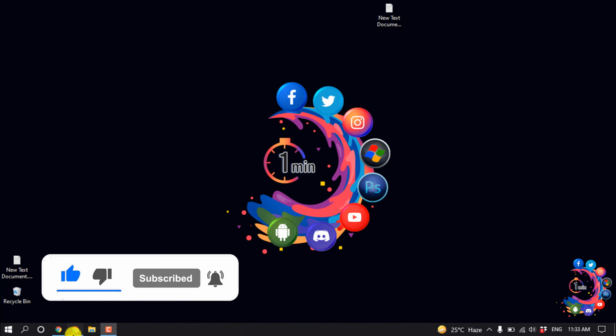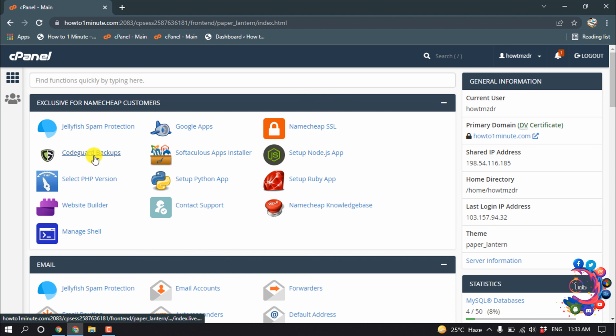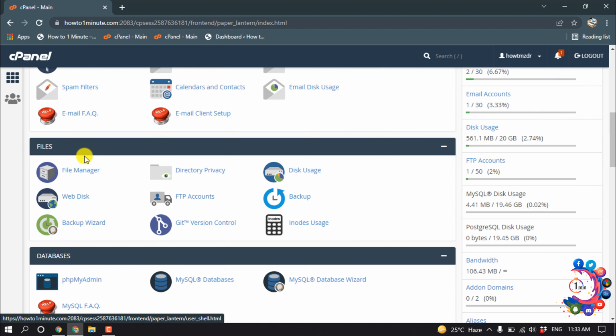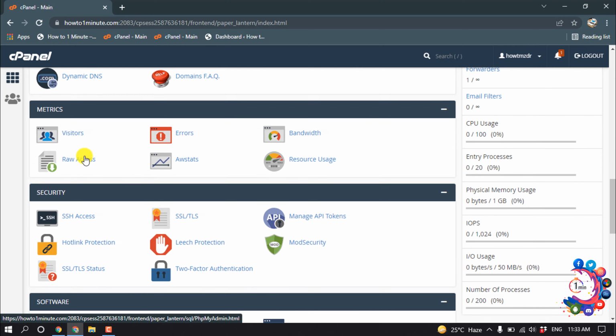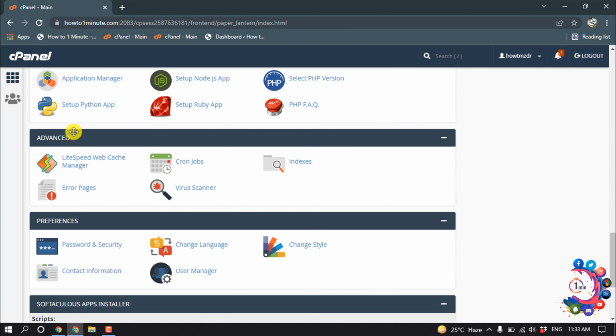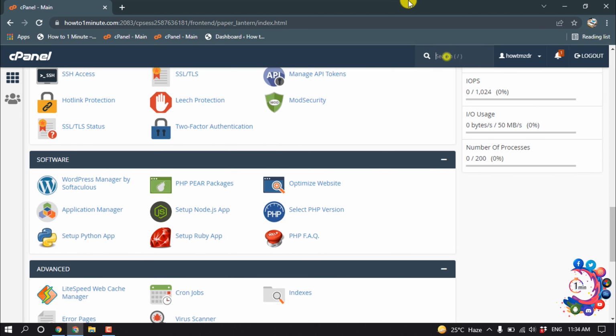So first of all, open your cPanel and I'm going to show you something. Inside of this advanced section, here you can see terminal is not showing up because this is still not enabled. To enable terminal, first of all search here manage SSH,